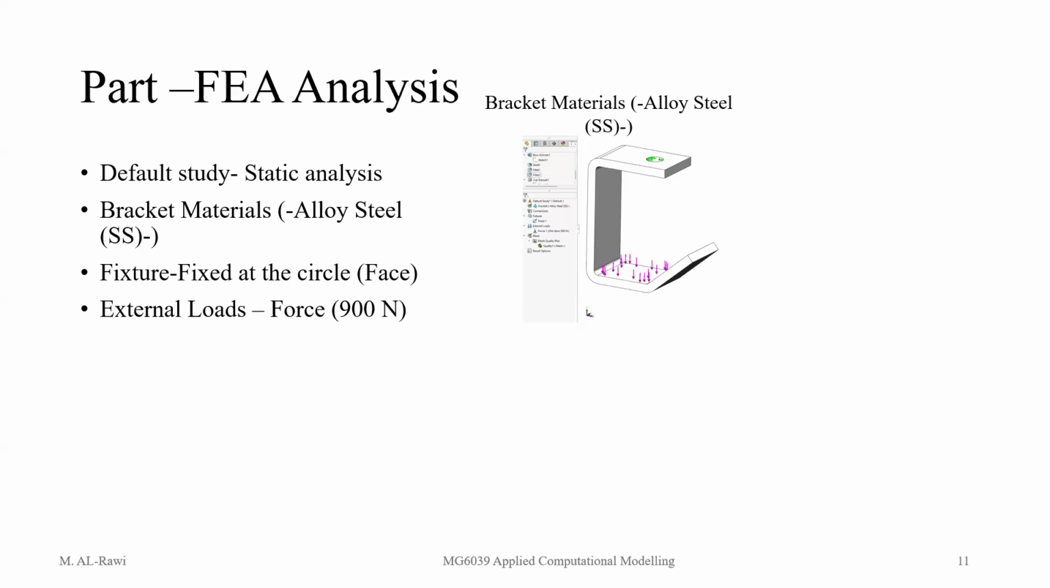So external loads, right click on them, and use force. Then it will ask you, what do you select? You select that face, and you add the value of 900 newtons going downwards. Make sure the arrow is indicating downwards. You add the value 900 newtons and then click OK. So what we've done